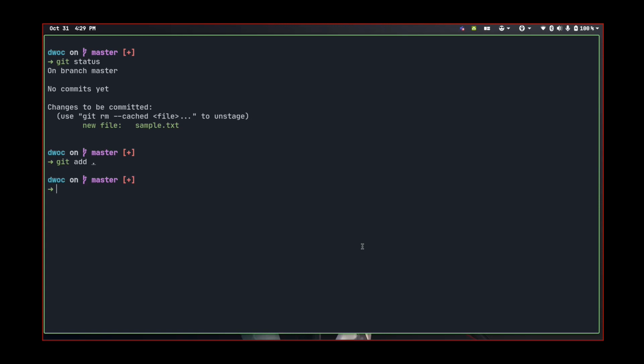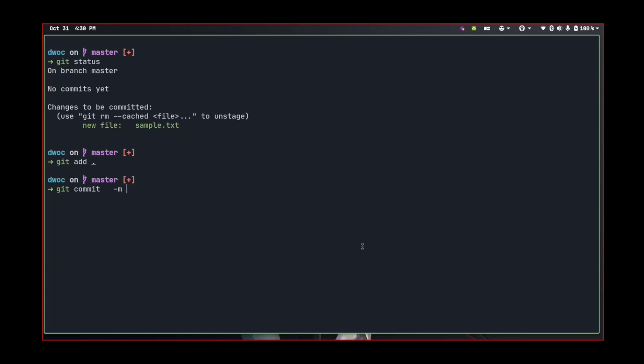So what is a commit? A commit is a snapshot of our code at a particular time, which we are saving to the commit history of our repository. After adding all the files that we want to track to the staging area with the git add command, we are ready to make a commit now. To make a commit from the files in the staging area, we have to use the following command, that is git commit